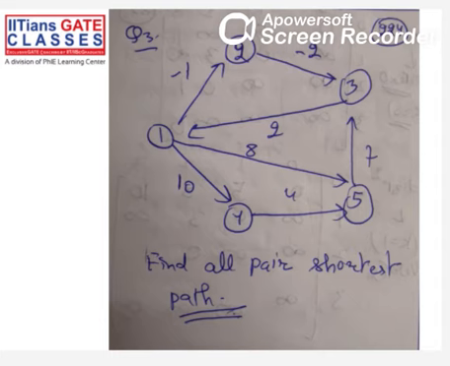See, 1 to 2, 2 to 3, and 3 to 1. What is the sum of this cycle?